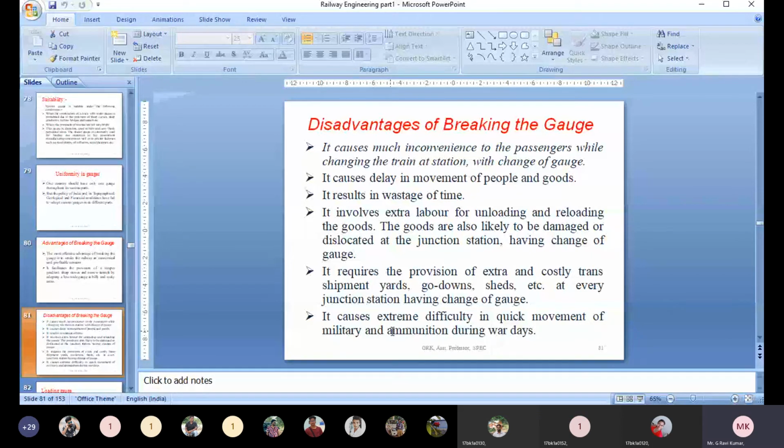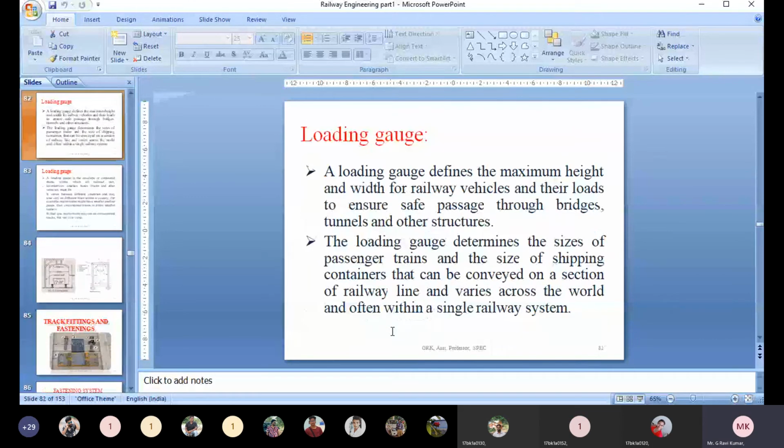Loading gauge. This is one more important topic we should know. Loading gauge is an envelope, or a frame, which contains some fixed dimensions. It means it contains fixed length, fixed height, fixed thickness, fixed width. Understand? So it is an ideal frame, and to those dimensions we need to design or manufacture trains. Understand now? So that gauge is called the loading gauge.